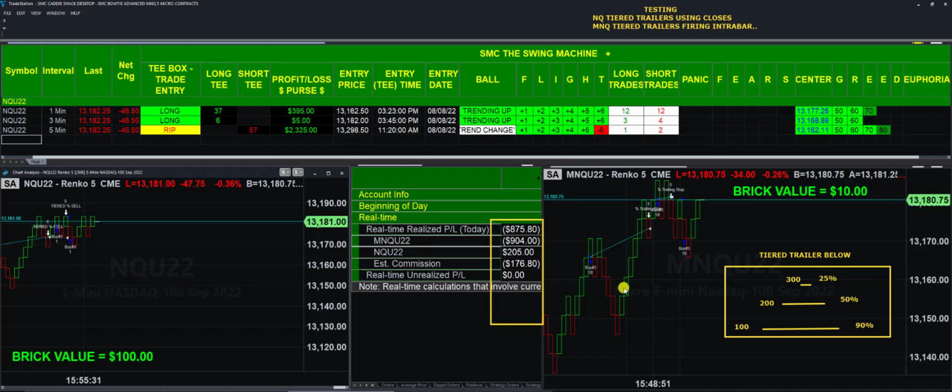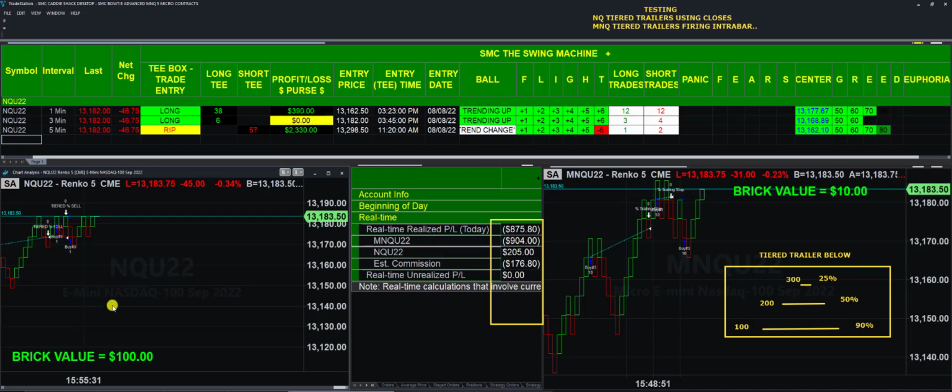So you can see, we turned this on at noon, and we just shut it off. But I'm going to show you and everyone the internals of this. But at a glance, the NQ actually did 205. It was much higher than that, but it ended the day at 205. The exact same setup. Now, sometimes the trades would go in a little quicker on one side or the other, and that might have to do with the liquidity or illiquidity maybe of micros, maybe not quite as liquid. But the MNQ lost 904. So what I'm going to do is open up